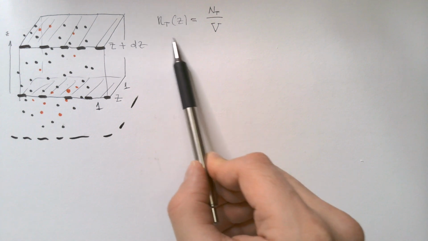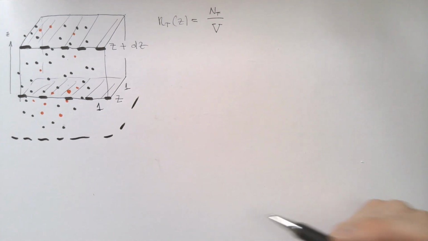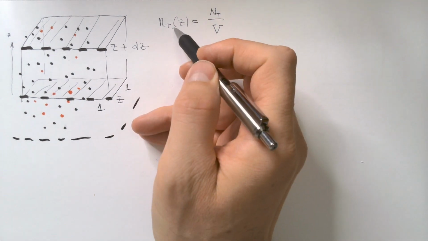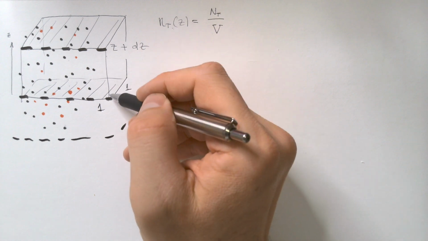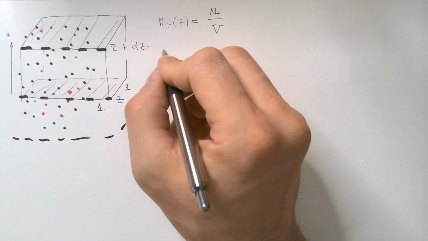Anyway, we define this as the number density of tracer particles, and that's defined per unit volume. But I want to know how many tracer particles are in this critical volume over here, and that would clearly be